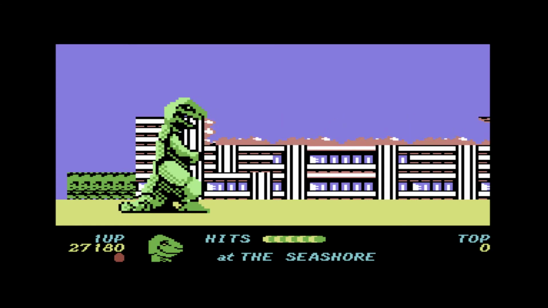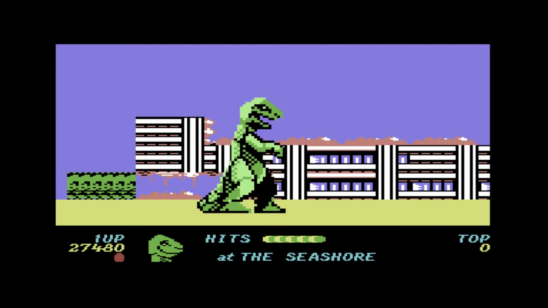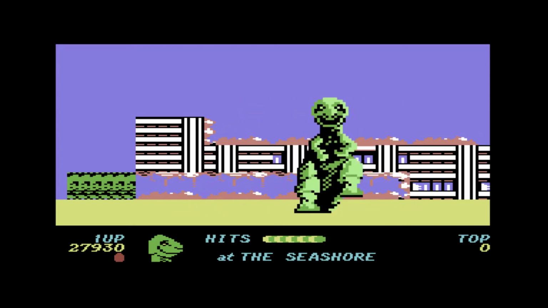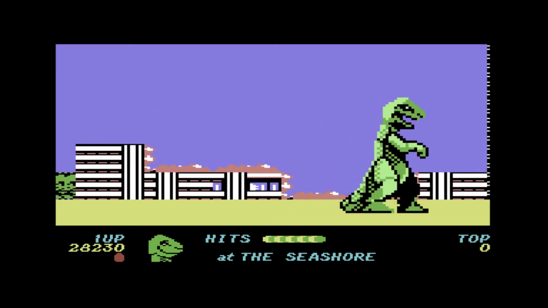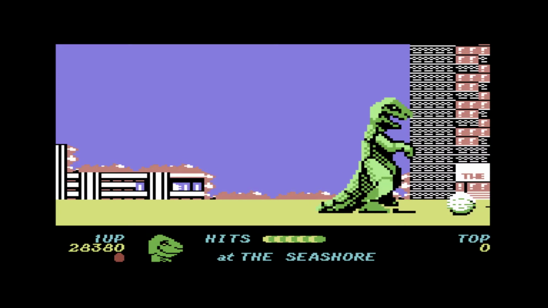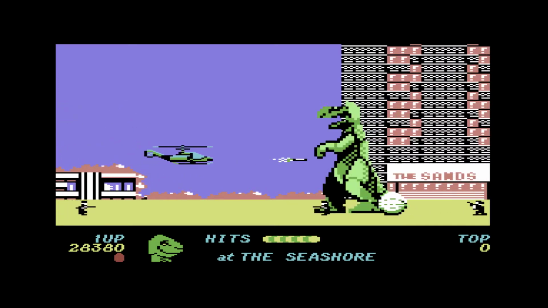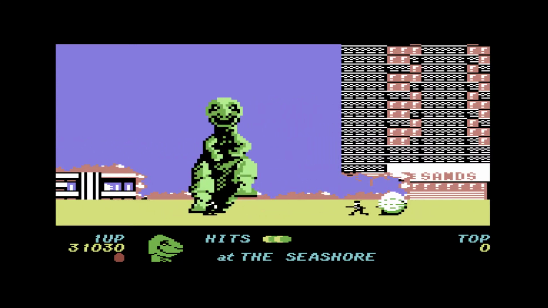There it is, and that causes quite a bit of devastation to that building. And as you turn and your tail swishes, it causes damage to the buildings behind. There's another egg, but I don't think I can do anything with that. We'll use a fireball to get rid of that bloody...